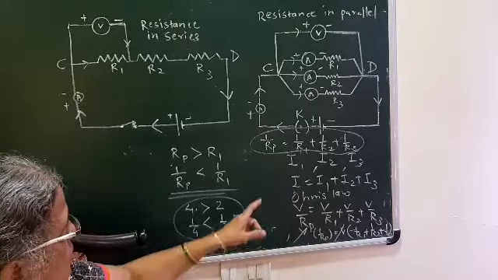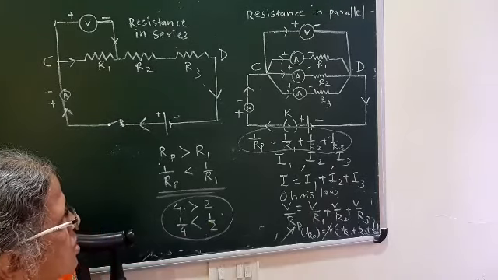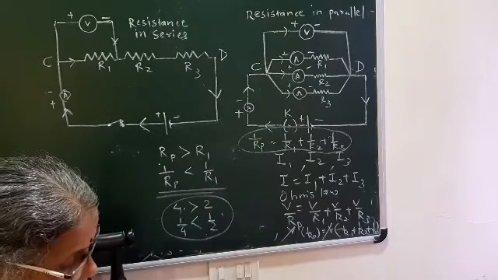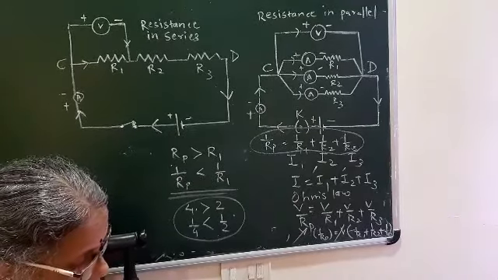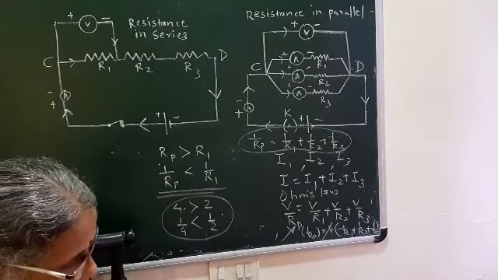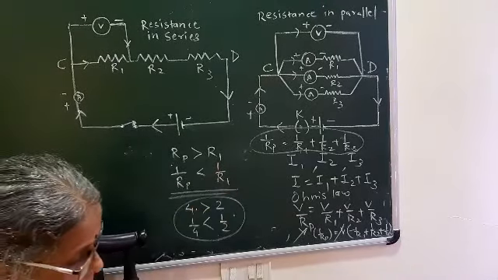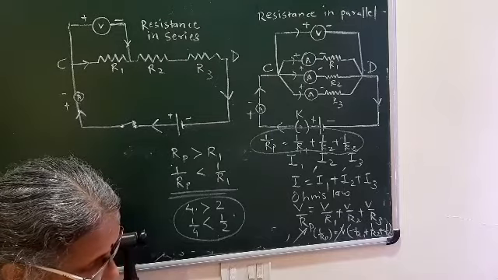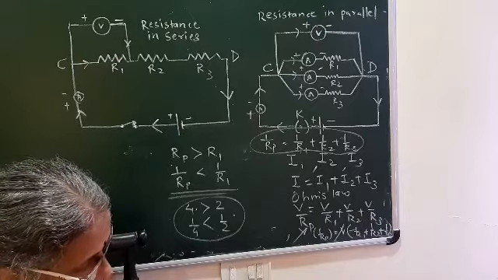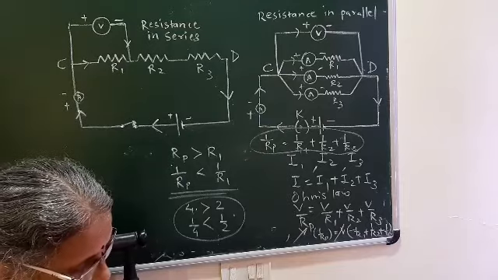Third one, the potential difference across all the resistors is the same, that is V remains the same, that's why we have measured it once along CD. Fourth, the effective resistance of the resistors connected in parallel, that is 1 upon Rp, is less than 1 upon R1, 1 upon Rp is less than 1 upon R2, like that. Why it is happening I have explained over here. So the effective resistance of the resistors connected in parallel is less than the least resistance of the individual resistors. And the fifth point, the arrangement is used to reduce the resistance in the circuit.